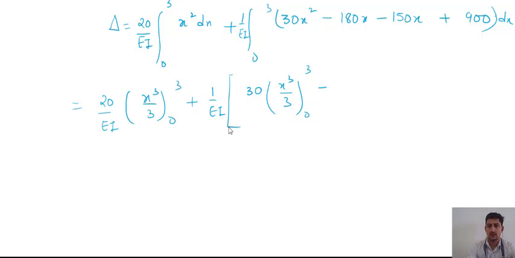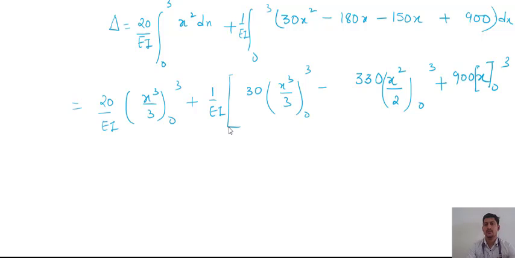you can calculate the values: 0, 8 and 5 becomes 13, so it is x square upon 2. Okay, the limit becomes 0 to 3 plus 900 x, the limit becomes 0 to 3. Now in this you have to put upper limit minus lower limit to calculate the value of the deflection, and you will get